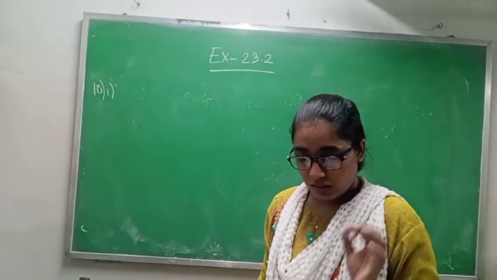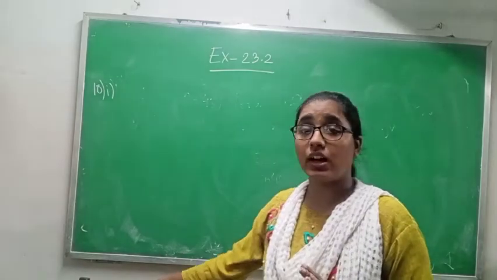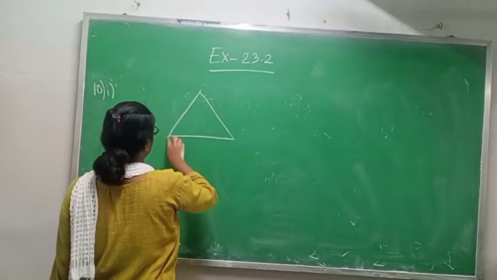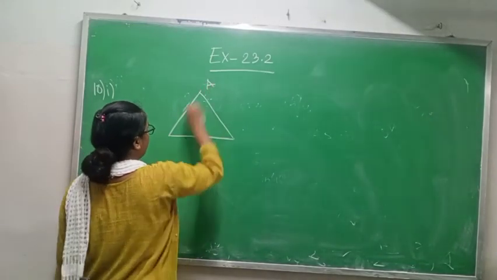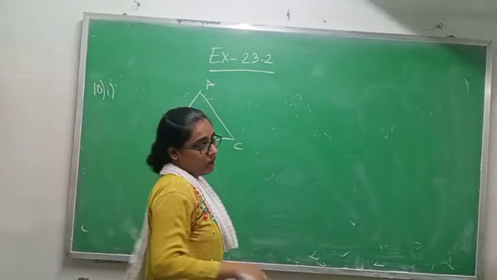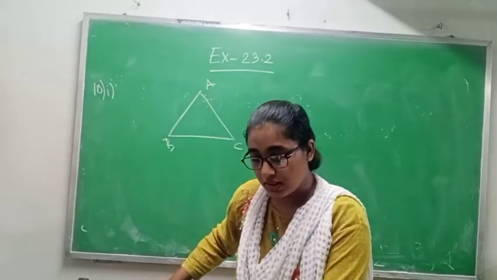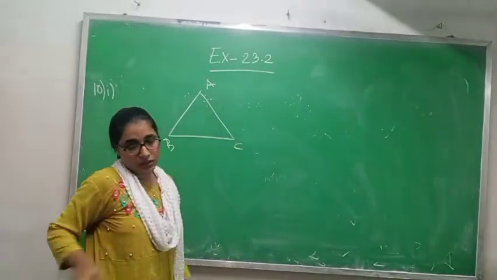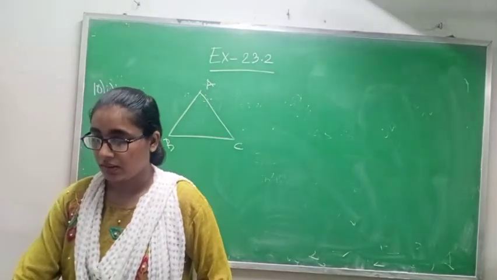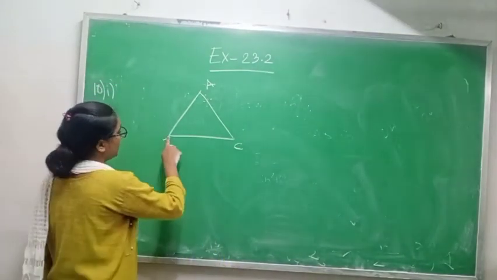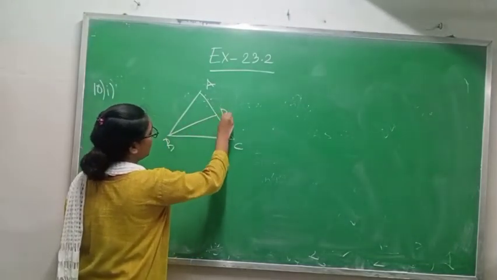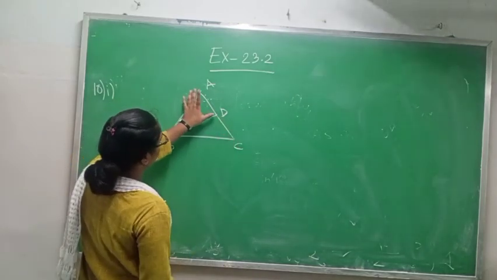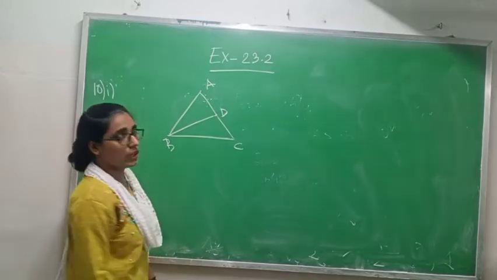First, in the first line it is given in an equilateral triangle ABC. First we make the equilateral triangle, and I am supposing this is the equilateral triangle ABC. After that, they are saying BD is a median. If B is here, D is somewhere here. So BD is the median. Median means BD divides AC into two equal halves. It means AD and CD both are equal.